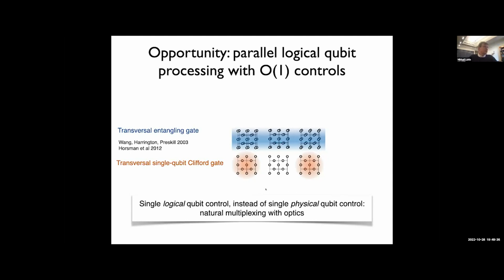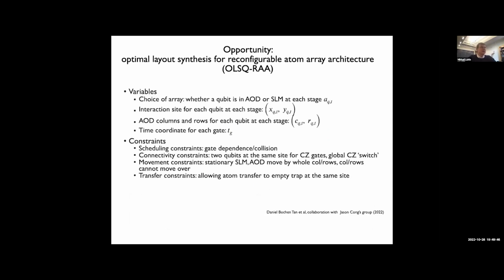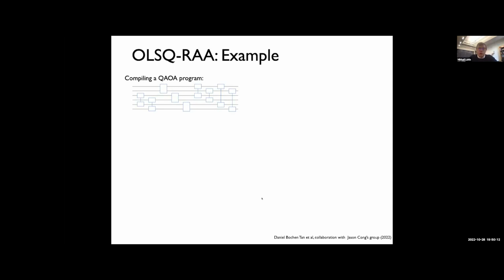A couple of months ago, Jason Kong, who will be here in a panel, saw some of the talks from our group members, and he immediately recognized that this is a very special opportunity. What one could do is think about really optimizing this architecture by using certain variables and certain constraints, and try to solve the problem of how you can optimally implement a certain specific algorithm. So here is just a toy example, a simple QAOA program,